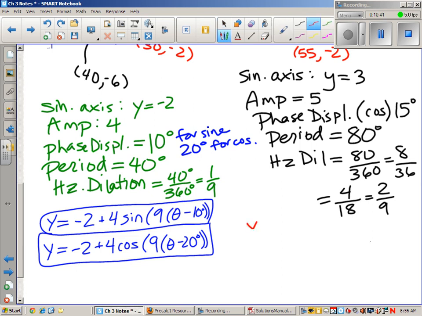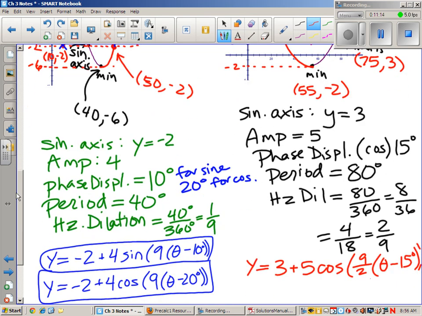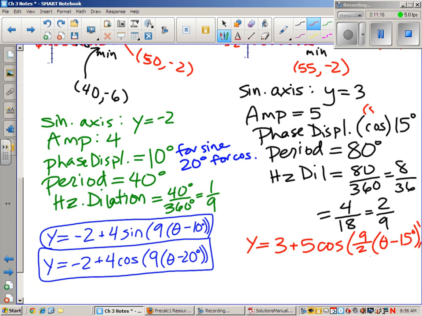So when I write the equation, sinusoidal axis 3 plus the amplitude, cosine I was using here. The 2/9 was my dilation horizontally, so I put 9 over 2 here. Theta minus 15 degrees, since we're using cosine. If I wanted to use sine, all I would need to do is back this up one more point to start on the sinusoidal axis going up, and this new starting point, 20 back from that, would be -5, 3. So if I wanted to use sine instead of cosine, my phase displacement would be -5